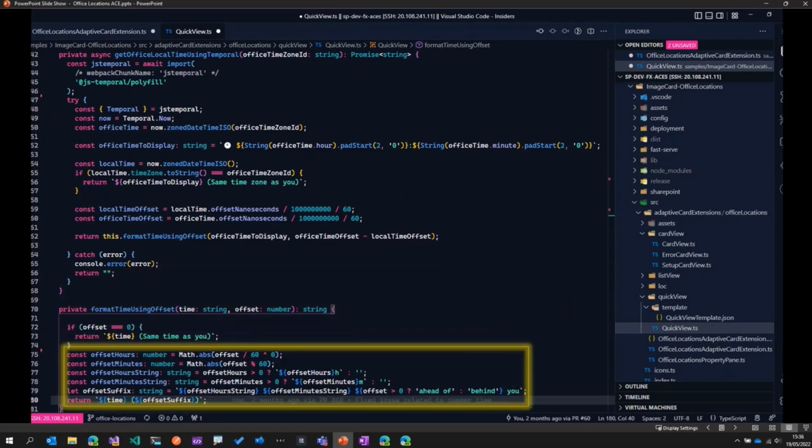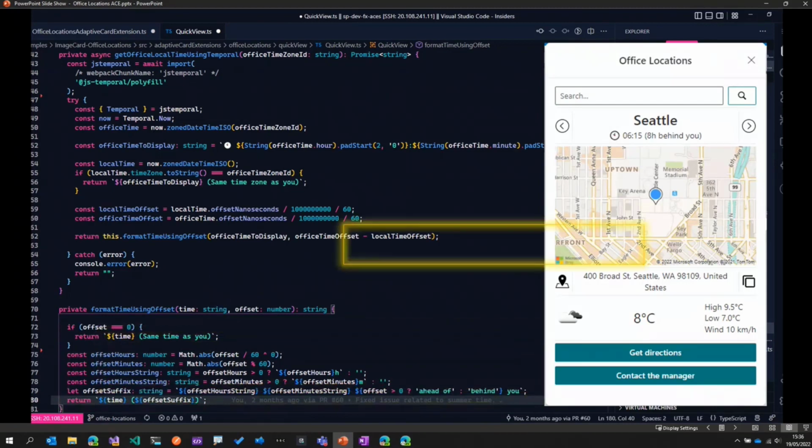And then we do some computation to compose this nice string to say the local office is ahead of or behind so many hours, etc., and show that information. And that's what you see over here. In this case, Seattle is 8 hours behind